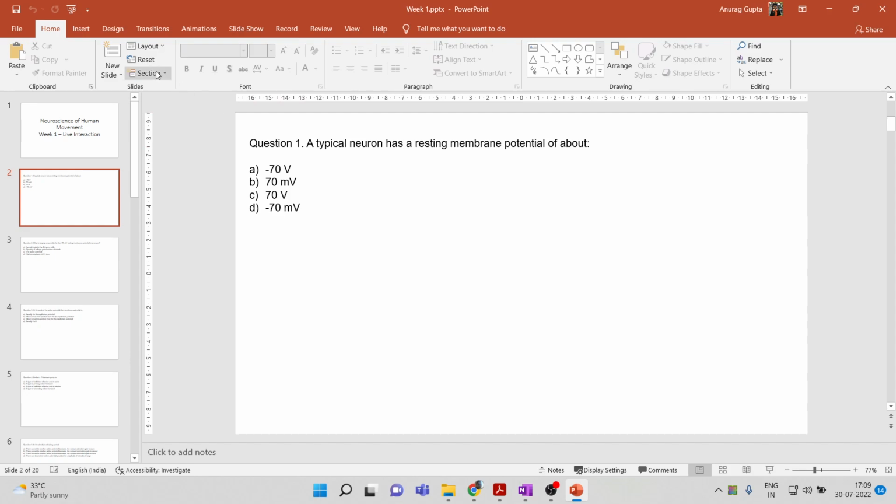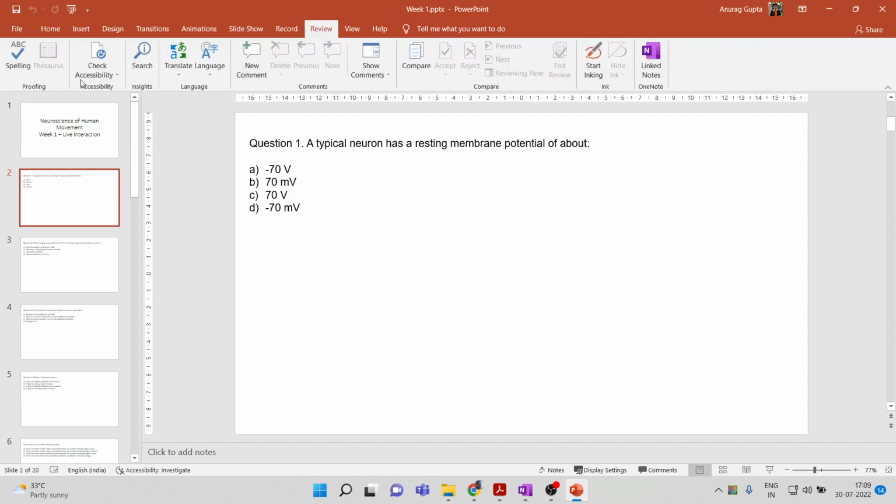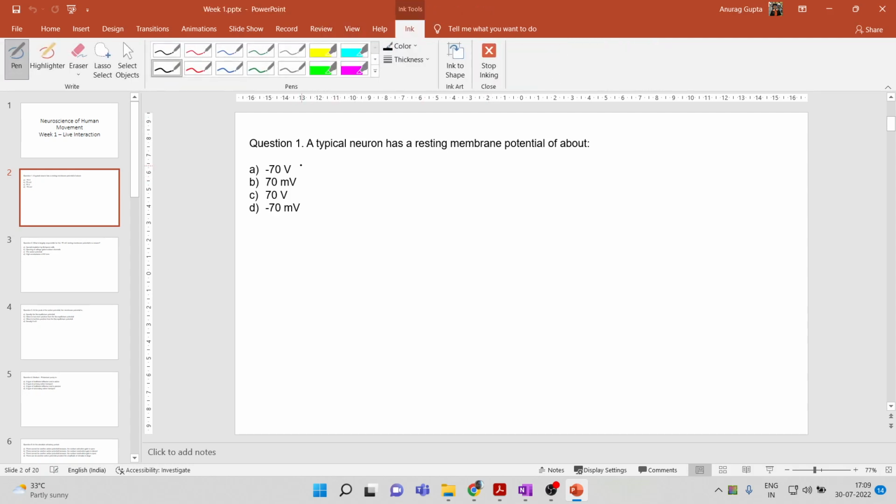So let's go through this review. We are not dealing with voltages here, we are dealing only with millivolts. So these two options are out of the question. These two are wrong. So we have B and we have D. Like most of you responded, the answer is D, which is minus 70 millivolts, which is correct because